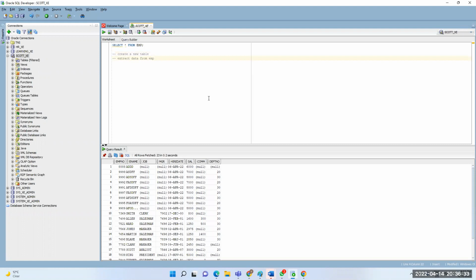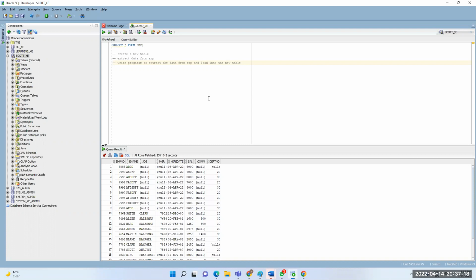And write a program to extract the data from EMP and load into the new table.